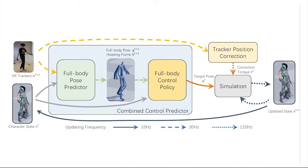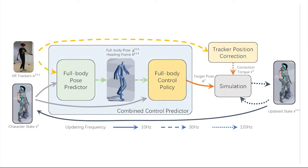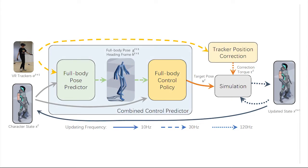As shown in the figure, our system is composed of 4 major components, each operating at a different timescale. Our system obtains a stream of transformations of the VR trackers using the built-in functions provided by the VR systems. Every 1/30 seconds, the full body pose predictor module reads the current transformation signals of the VR trackers and predicts the full body pose as well as the location and heading direction of the user according to the current state